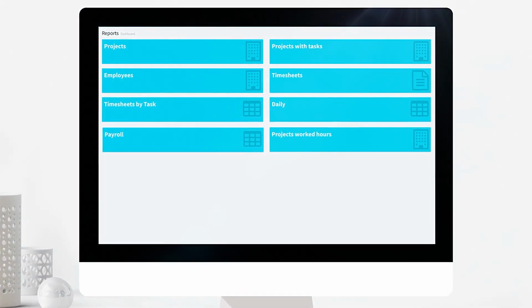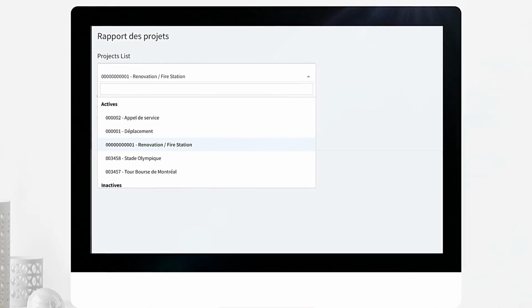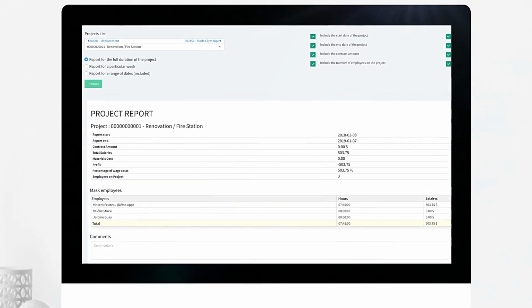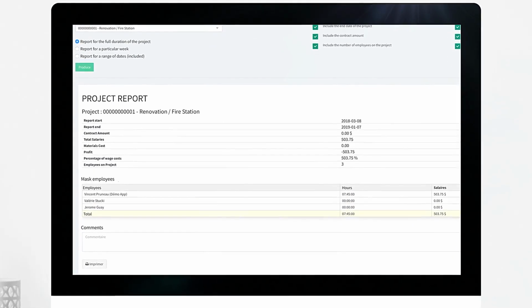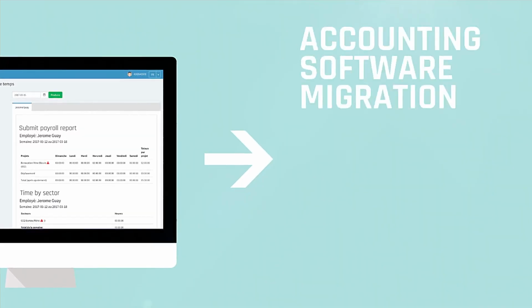With Mobile Punch, you will have access to multiple reports, thereby allowing you to have a complete, real-time portrait of each project's profitability. In addition to being able to manage your team remotely, you will have access to your data in real time. The data contained in your timesheets can also be transformed into payroll reports and then migrated to